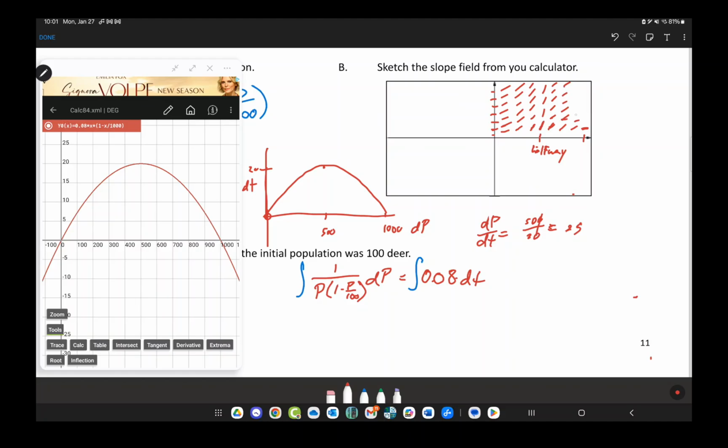It does not have to be perfect. Now it says find the initial value starting at 100. So if we start at, let's say this is 100,